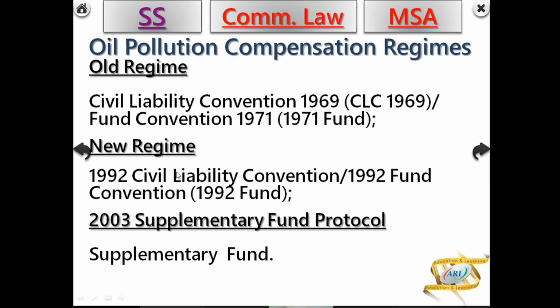In the Merchant Shipping Act, they have deleted these two conventions. We are following the new regime that is being followed around the world, and that is what we will be discussing. Now,